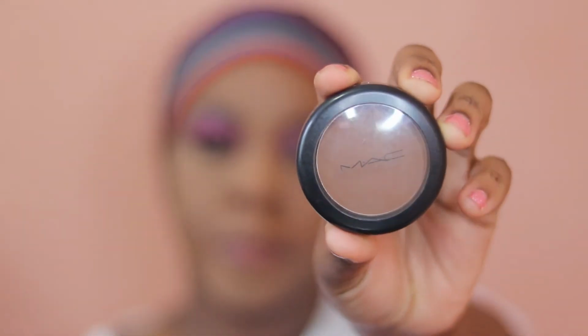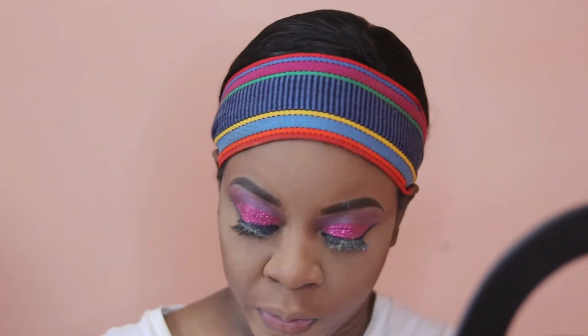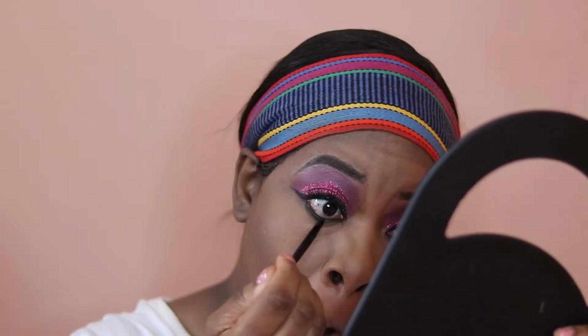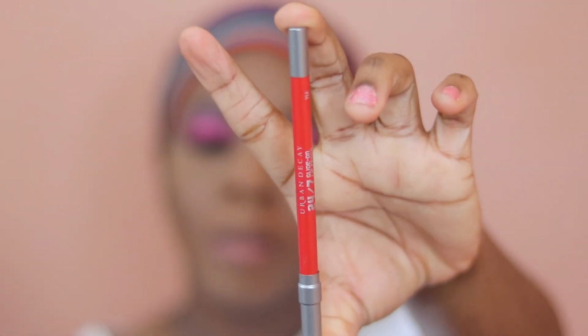So now I'm going to be using a darker shade MAC pressed powder, and I'm going to be using that to contour. And now we're going to work on these eyelashes. Now I'm using a regular eyeliner pencil just to give my eyes a little bit more depth. So now I'm moving on to my lips, and I'm going to be using a pencil from Urban Decay,